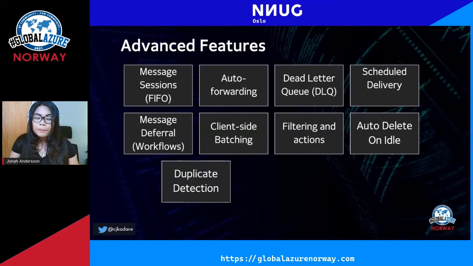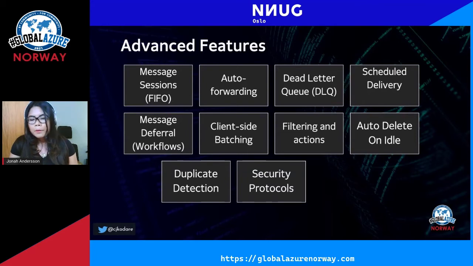And I think duplicate detection is also one of the great features of this cloud service, because regardless of whether we're working with Service Bus or not, we developers, or we that work in the IT world, don't want duplicates in our data. So I myself, as a developer, believe in data integrity, and I've also worked on correcting data because of duplication in the past. So I believe this is a powerful feature, to be able to detect which messages sent to the queue are the same as the previous one.